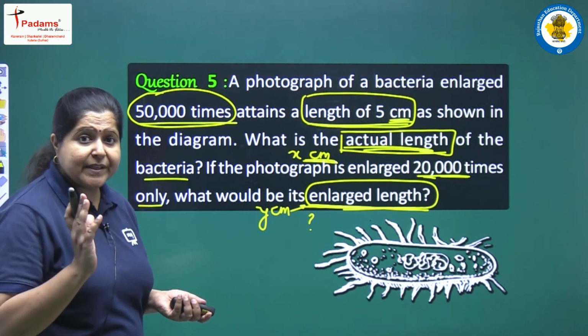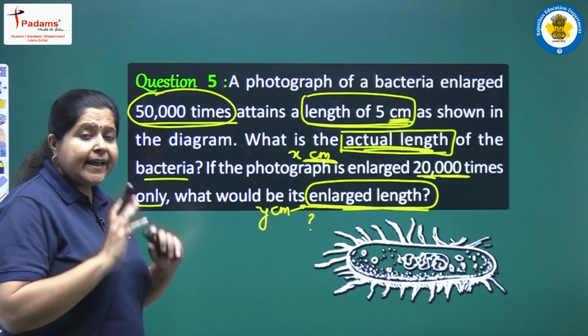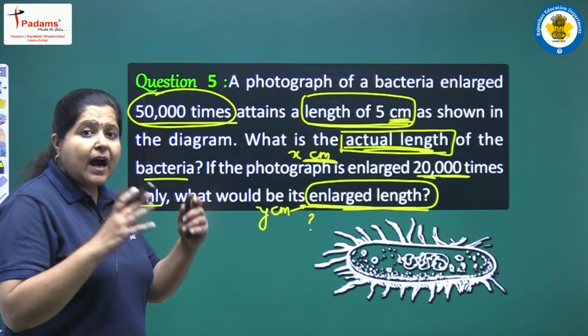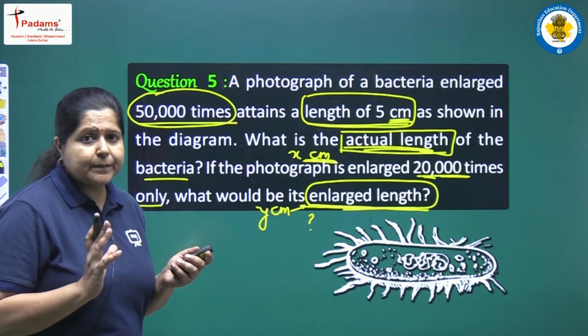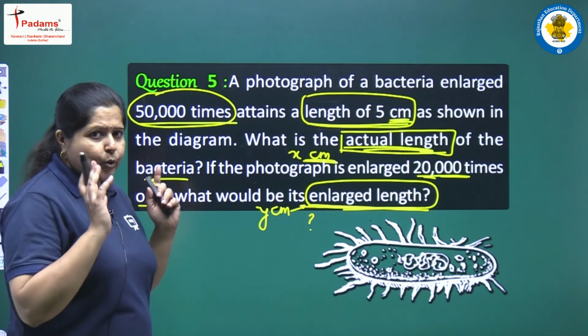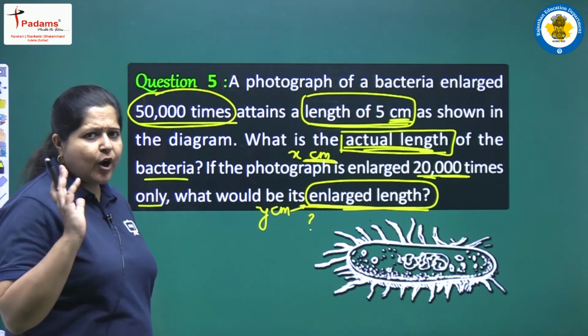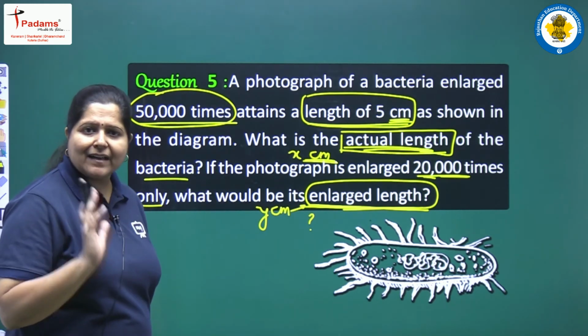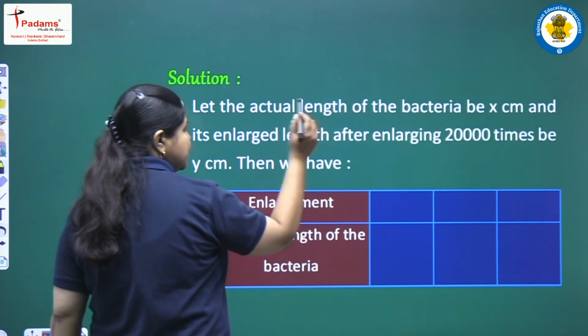पहली तो है एनलार्जमेंट, कितना एनलार्ज किया जा रहा है, और सेकेंड क्वांटिटी है द लेंथ ऑफ द बैक्टीरिया आफ्टर एनलार्जमेंट, या हम कह सकते हैं एनलार्ज्ड लेंथ ऑफ द बैक्टीरिया। ये दो क्वांटिटीज़ हैं जो इस क्वेश्चन में दी गई हैं। तो इन सभी इंफॉर्मेशन को हम एक टेब्यूलर फॉर्म में रिप्रेजेंट करते हैं और फिर आगे चलते हैं कि देखते हैं क्या करना है इस क्वेश्चन में। वी राइट हियर लेट द एक्चुअल लेंथ ऑफ द बैक्टीरिया बी